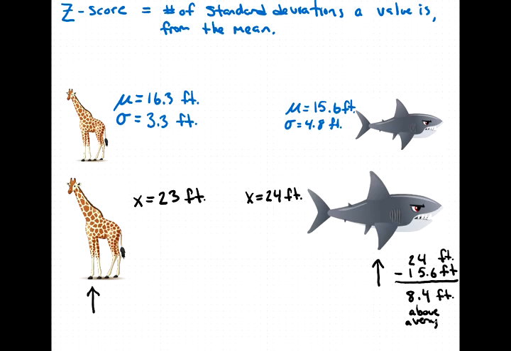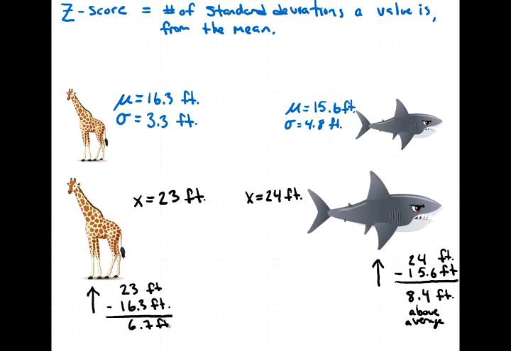And if we look at that giraffe that's 23 feet tall, and look at the difference between that and the average, so how much taller than average is this giraffe? So we subtract off the 16.3. And that giraffe is 6.7 feet above average. Well, so now we have a shark that's 8.4 feet above average and a giraffe that's 6.7 feet